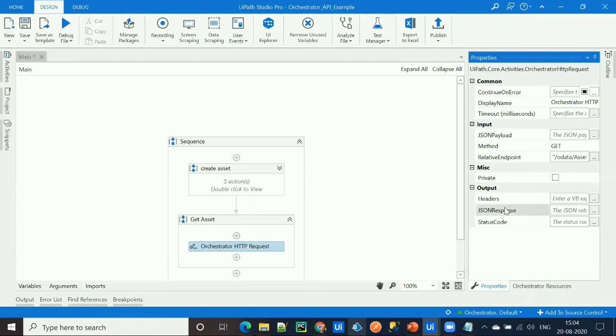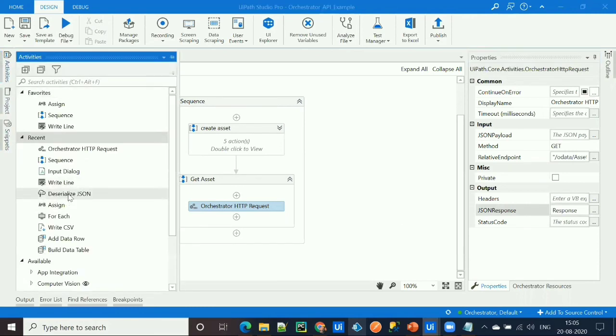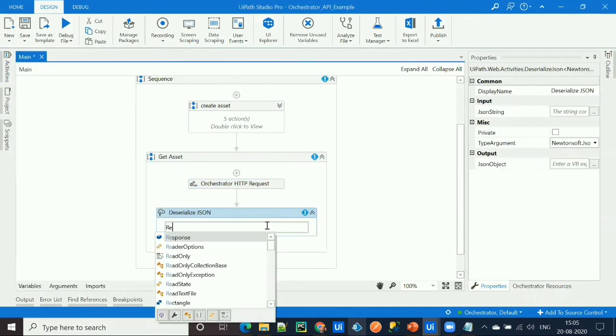So this activity will call this endpoint and will provide me the asset data in a JSON format. So I need to create a variable to store that data. So let's say response, and this response will be in a JSON format. To parse the JSON data, I need the deserialize JSON activity, and I need to provide the input.